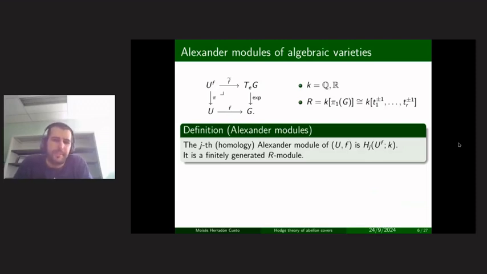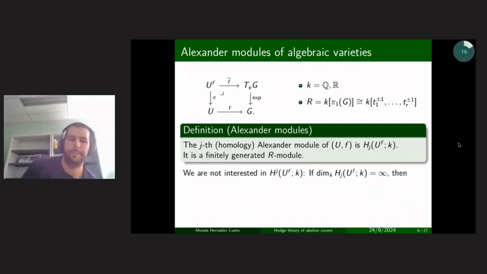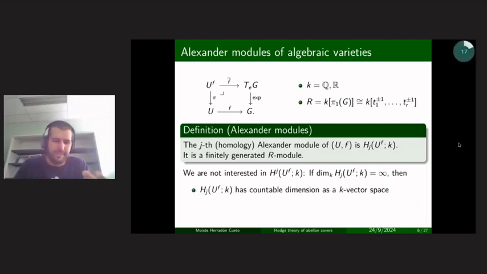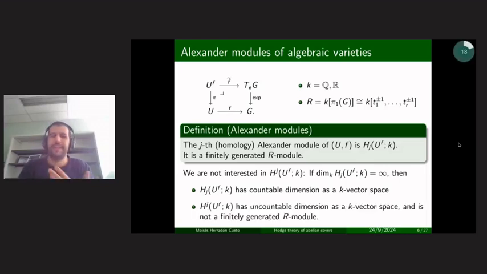But it could be infinite dimensional for sure. So this is the reason why I'm going to talk about homology, even though in algebraic geometry it's much more common to talk about cohomology. It's just I'm a bit scared of what would happen if I looked at cohomology groups, because if you have an infinite dimensional group, for example, if you have a free module, it would be infinite dimensional, and the dual of an infinite dimensional thing is uncountably dimensional, and I don't want to deal with that.